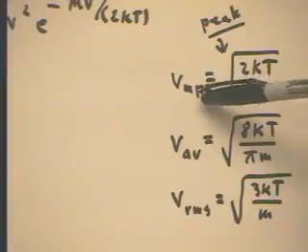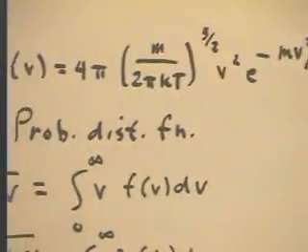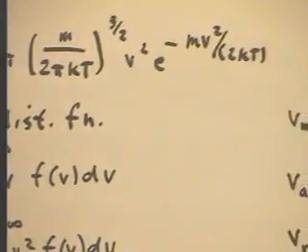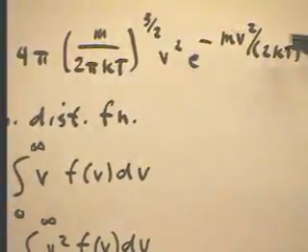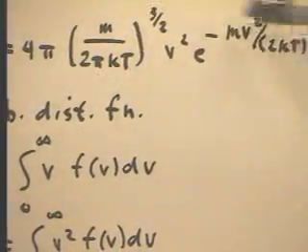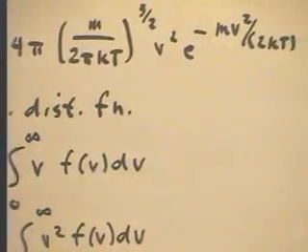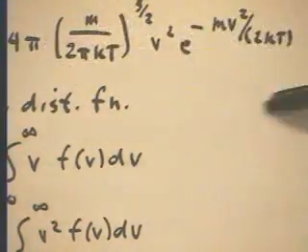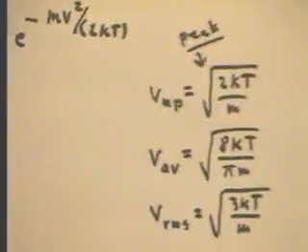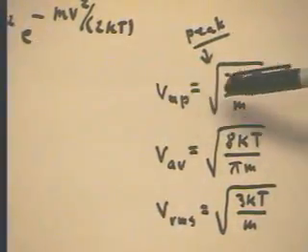This is v_mp for most probable velocity. How do we find the most probable velocity from this distribution function? Okay, well, I can't show the whole distribution function at this magnification. I guess I can. We just take this function, take its derivative, set it equal to 0, find a critical point, do a second derivative test, and show that that's a maximum. The most probable velocity is the one for which this distribution function is a maximum. And if we do the calculus of that, we find that that occurs when the velocity is the square root